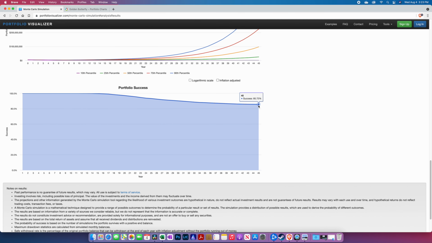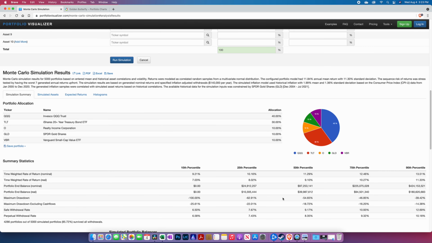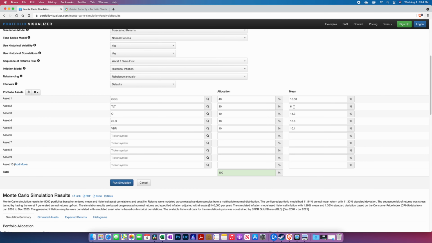And the overall success rate of the portfolio only drops down to 85.7%, roughly 86%, which I still think is pretty darn good. So the bottom line is that I'm very comfortable with this allocation. Maybe this specific component doesn't do well in the next, call it 5 years, but after that, it should start to recover, right? Over the long haul, we can see that even facing 7 years of the worst returns at the very beginning, it still does remarkably well, even when I've made this adjustment. And like I said, if I don't make the adjustment, everything survives. So